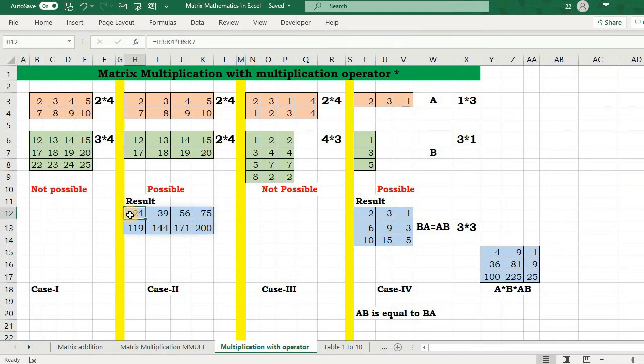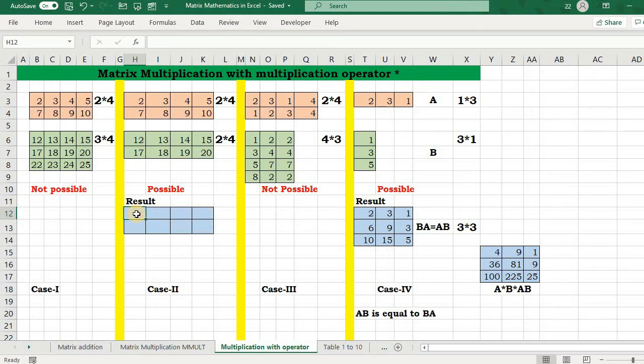See, if you delete it, simply you will do it. I'm selecting this one with this one. This gives me a possible result, and you can see in this kind of multiplication, the corresponding values are getting multiplied: 2 into 12, 3 into 13, and so on. I'm in Microsoft 365, that is why this result is spilled in one click.